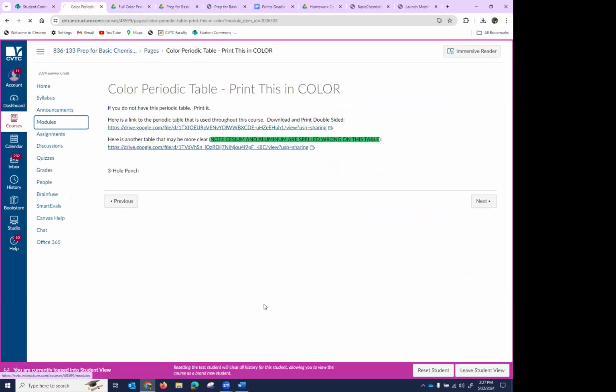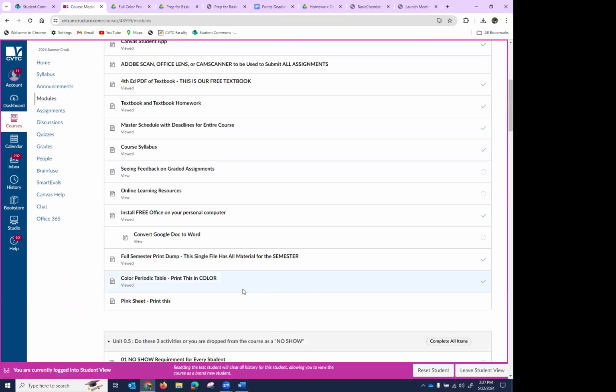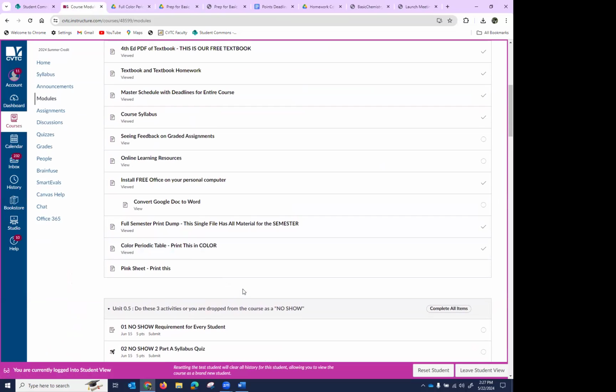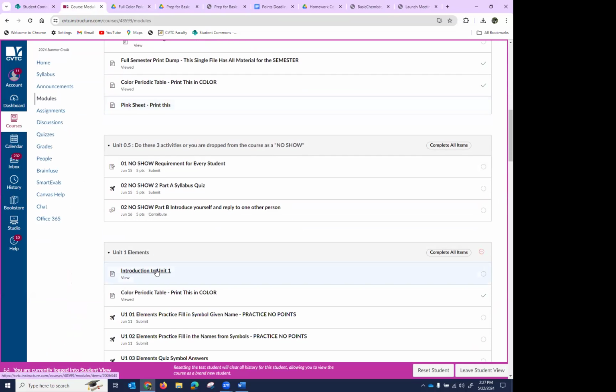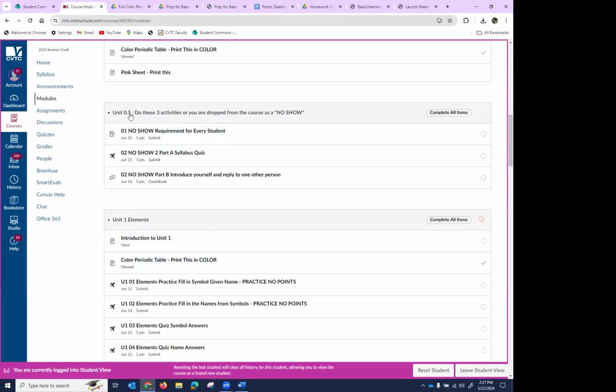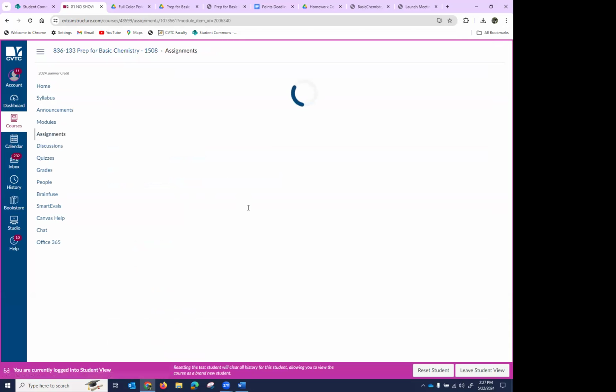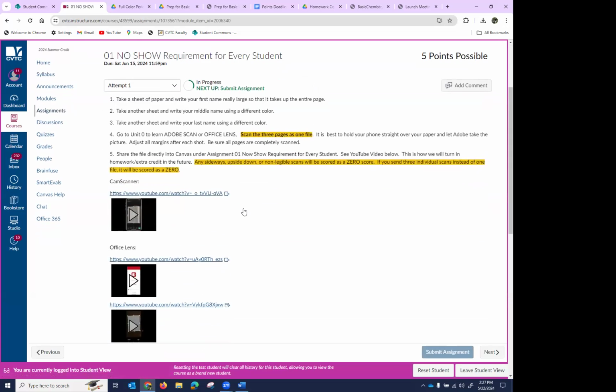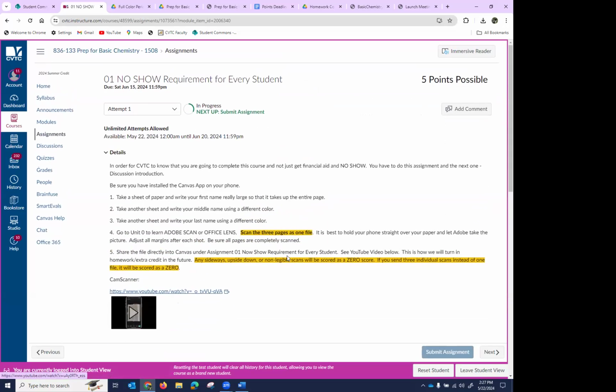Okay, back to modules. So that just says unit 0. And then here's a pink sheet. You'll see this when I put it under the screen, it'll be in pink. Okay, here's unit 0.5. Do these 3 activities, or we have to drop you as a no-show. So here's a no-show requirement for every student. This is where it will mention